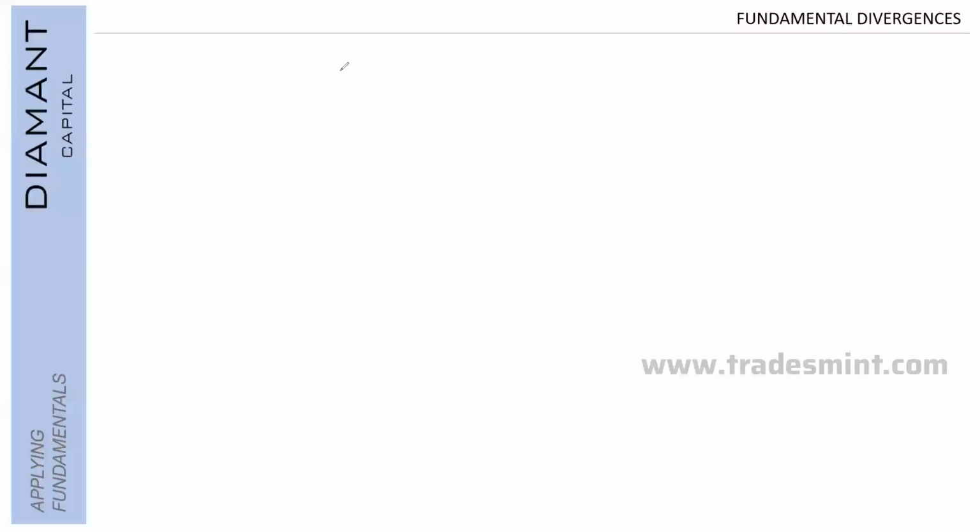If you're seeing AUD, you've got the data that shows that it's going up. For example, let's just say employment going up, interest rates are also about to go up. So what does that mean? That means there's a rate hike. So the RBA, the Reserve Bank of Australia, they're going to be introducing rate hikes. Interest rates go up, therefore investment into the country also goes up. Therefore, AUD is expected to go up.